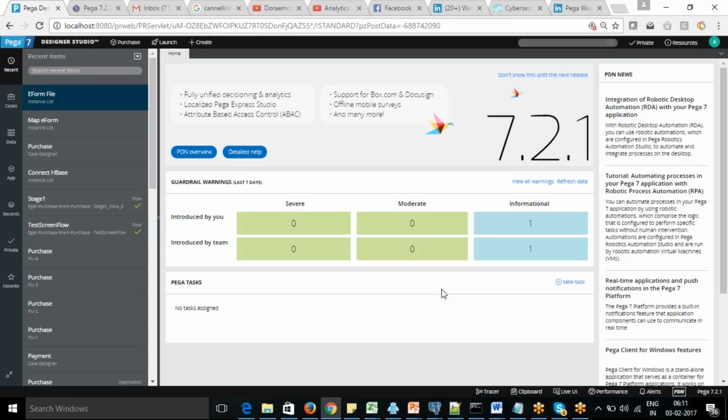Okay. So yesterday we discussed some of the things, and the day before that we talked about the different types of flows which are available in Pega. Okay, so we carry on. Today we are going to talk about the UI concept. What are the different UI concepts which are available in Pega?